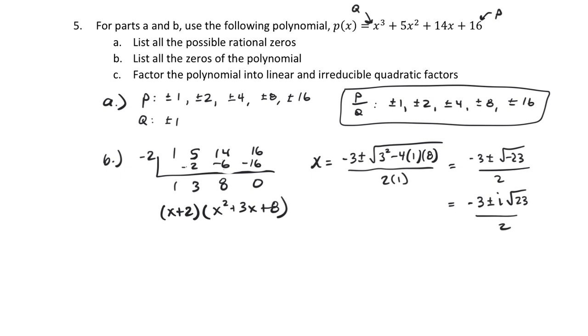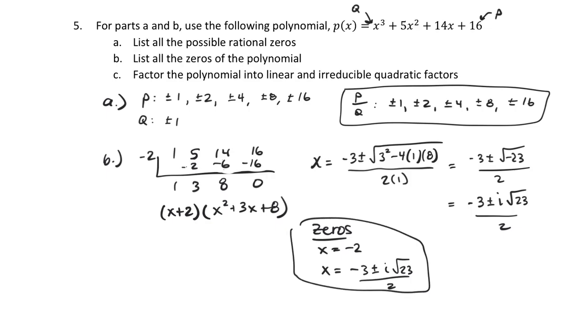So those are two complex or non-real zeros. So for part B, the zeros are x equals negative 2 and x equals negative 3 plus or minus i square root of 23